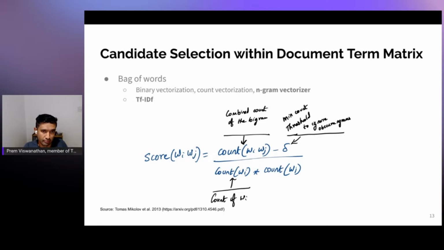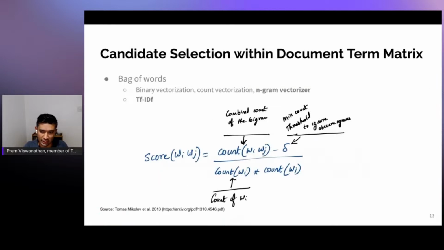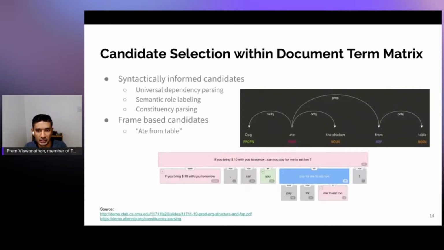In fact, this ratio is how early language models, or I would say neural models like word2vec, are able to generate bigrams and trigrams to then come up with word vectors for those bigrams and trigrams. Now, apart from such statistical methods to pick up those terms and n-grams, a more linguistics-informed approach